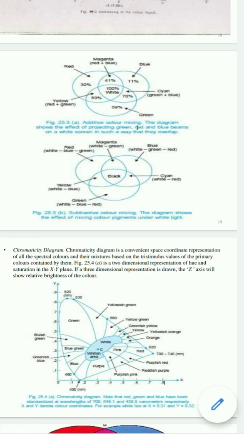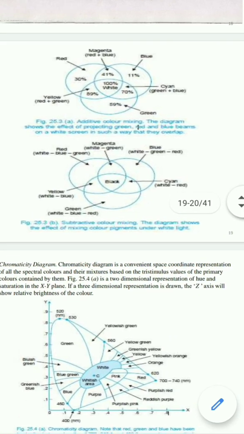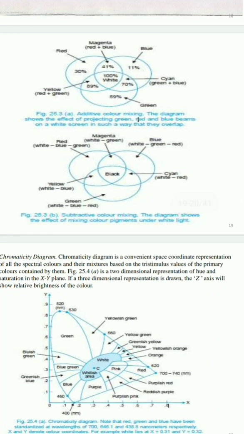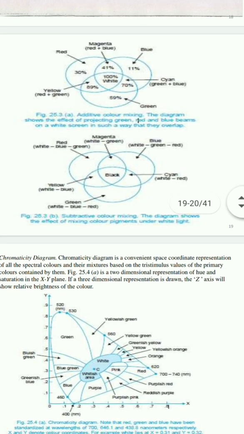complementary colors. You can see here our first diagram in which, if we are mixing red color with green color, you will get the yellow color. If we are mixing green with blue, green plus blue will become a cyan color. If we are mixing red and blue, we will get the magenta color. So for that you will have to use one formula for the additive mixing.